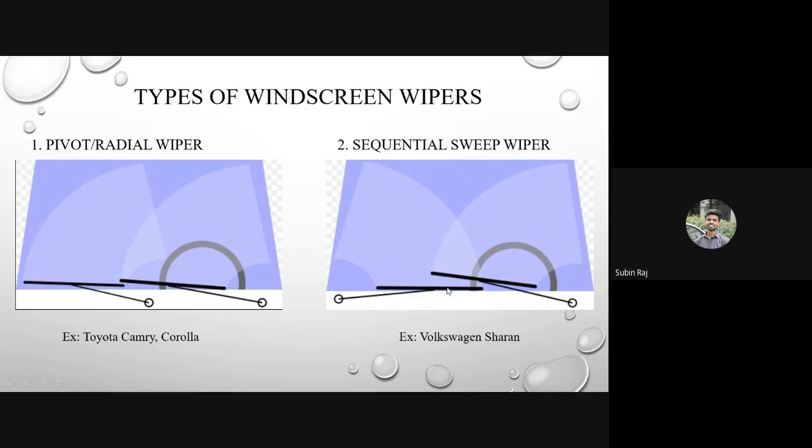In this, both the wiper blades slide in opposite directions, and this is considered one of the most complicated mechanisms, because after the movement of the first wiper, the second movement has to start. This mechanism covers as much space as possible during wiping, and is used in the Volkswagen Sharan vehicle.